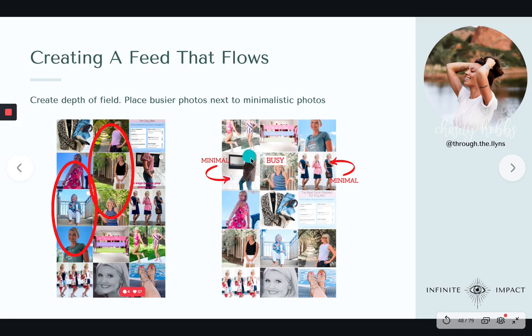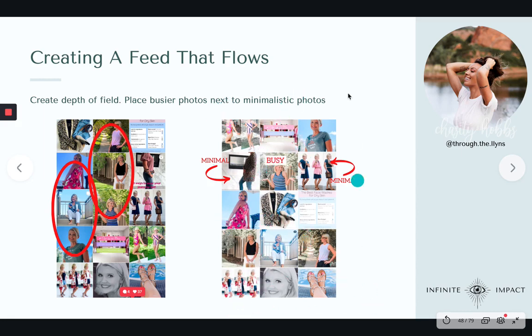And then here, this is a minimalistic photo because she is clearly the main subject, and this is basically white around here. I know there's a little bit of texture, but for the most part it's white. It's not like this busy texture over here. And then same with this photo. So there's 3 photos of her, and the background is super white, super minimalistic. So placing these photos diagonal from each other or across from each other is really going to help create a depth of field, and the viewer's eyes can easily flow throughout the feed.